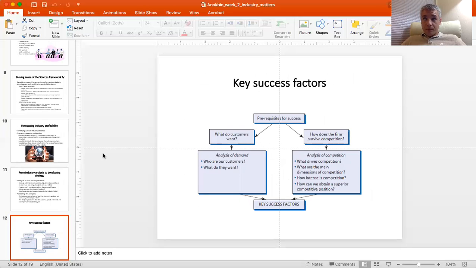And so, with all of that in mind, how do we determine key success factors in the industry? And what does it mean to our strategies? So basically, again, you want to understand your customers, you want to understand your competition. With the customers, you're primarily interested in, well, who they are, obviously, but also what do they want. And it turns out that it's fairly easy to distill, right? There are many things that they could potentially want, but there are very few things they would be willing to